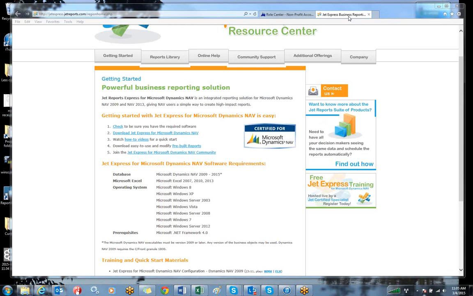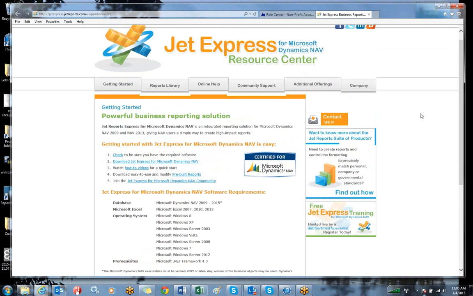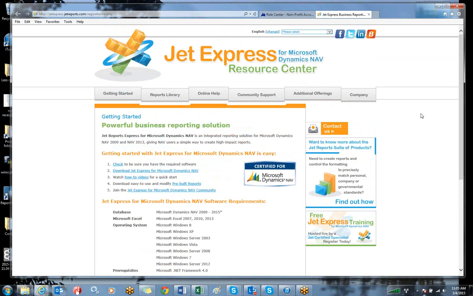All right, so we're talking about Jet Reports. Jet Express is a feature that you get with your subscription to OneNFP Financials and Financials Lite. It's an add-in to Excel. It's a partnership that we have with a company called Jet Reports, and they actually have several levels of reporting tool. Express is the lowest level, so the features you have are somewhat basic. You can pursue increasing your subscription. It would be an additional cost, but there are more features, and some advanced reports you might want to look